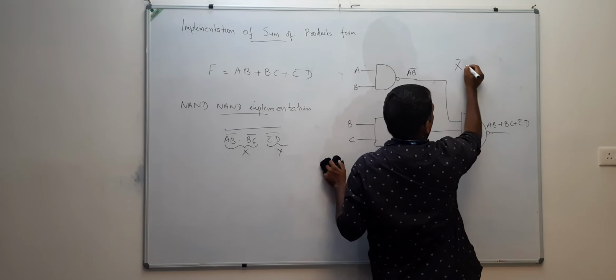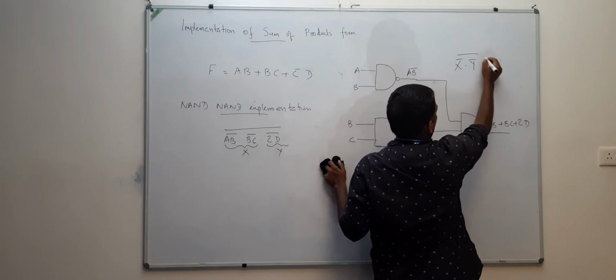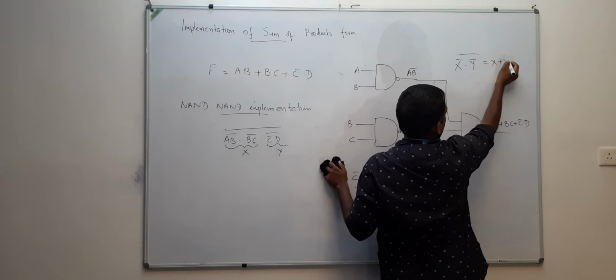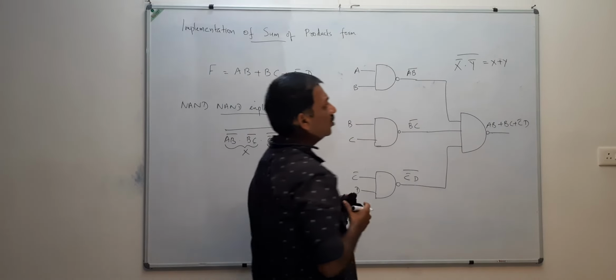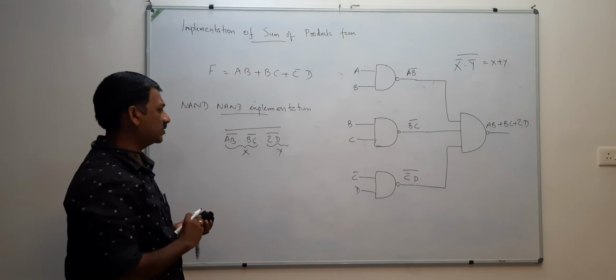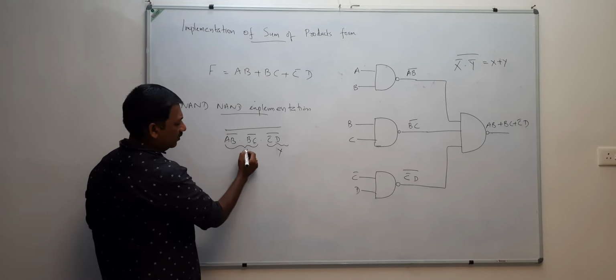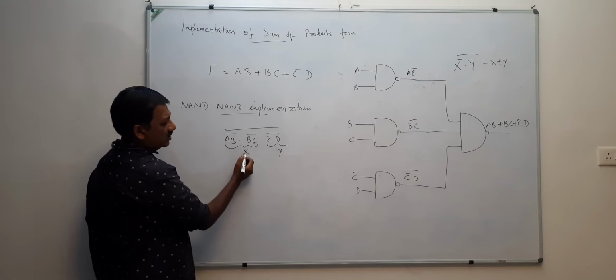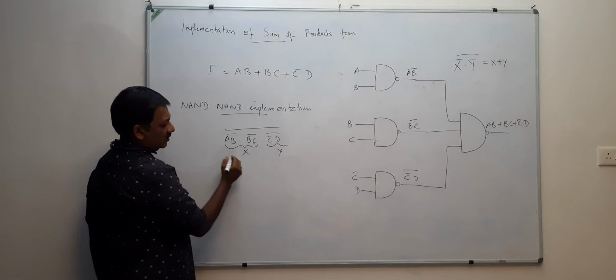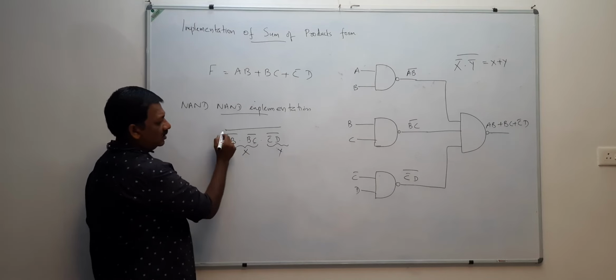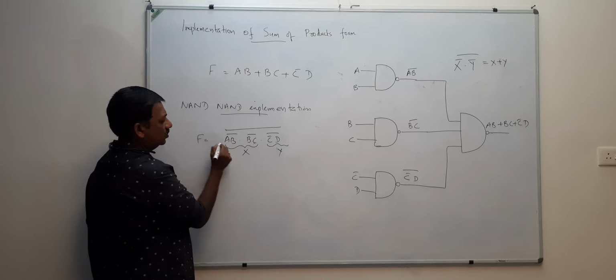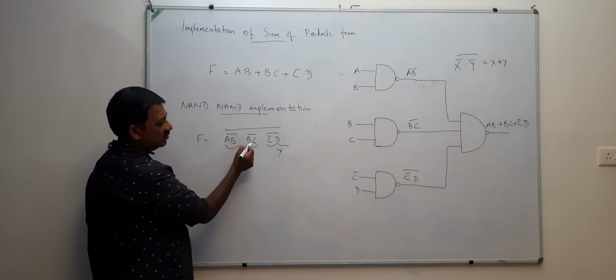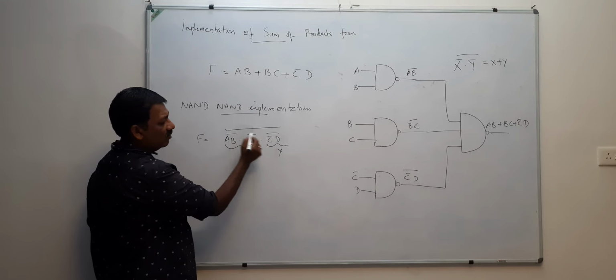X bar dot Y bar the whole bar is equal to X plus Y. Likewise, here I am going to take this as X and this as Y. And what is this? This is F is equal to AB bar dot BC bar dot C bar D the whole